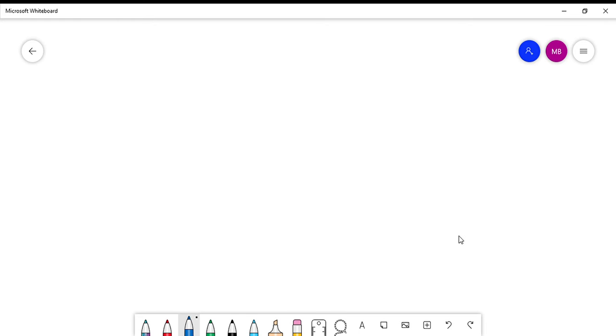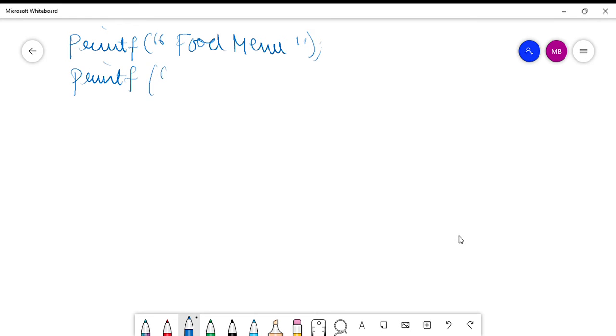So it says printf food menu. Okay, so something like this would be printed on your screen as it is. Now printf, I would write South Indian. So I would say one, South Indian.